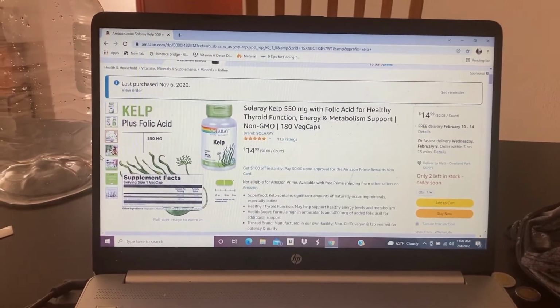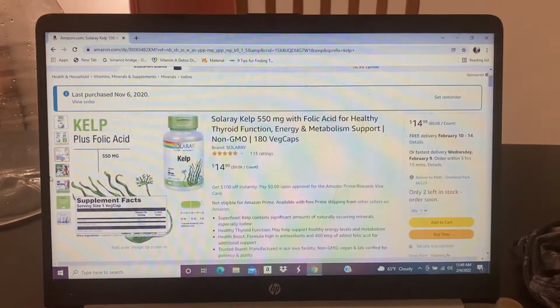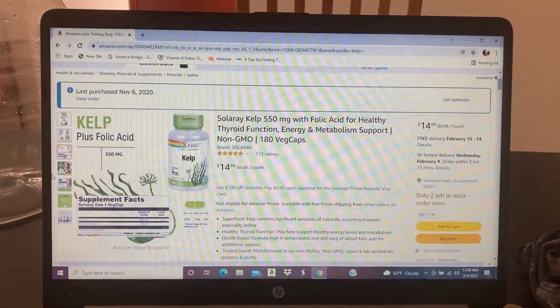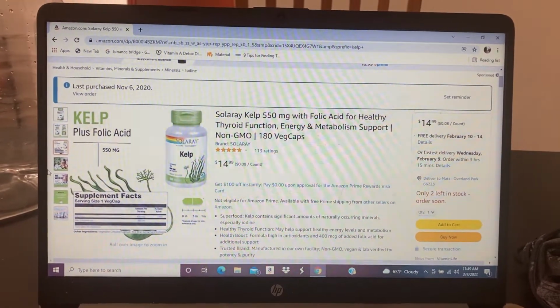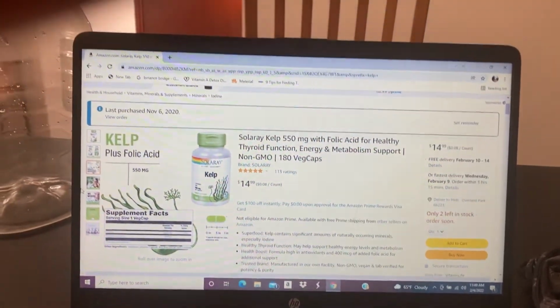Keep you healthy. First supplement I'm showing you here, because I don't actually have the bottle on Amazon, is the Kelp, the Solar Ray Kelp. Very important. I will go over the benefits more here in a second. I'll show you the capsule. That's the first one. And the second one,